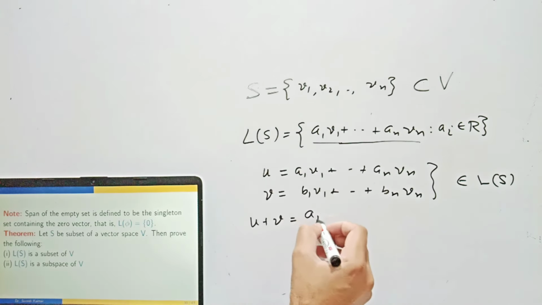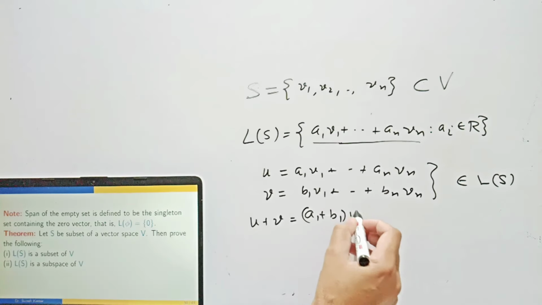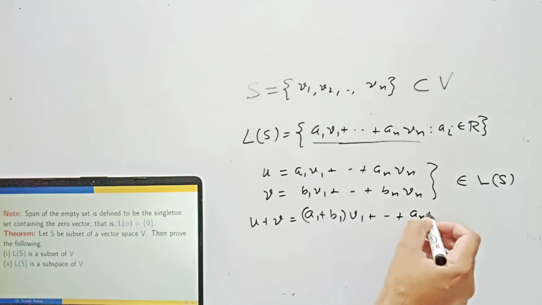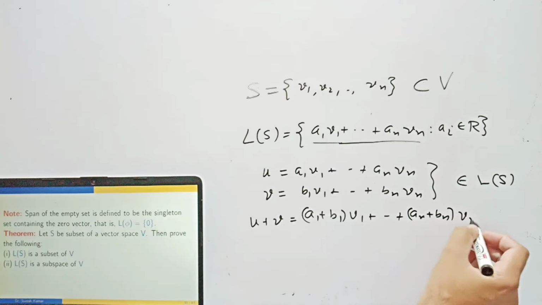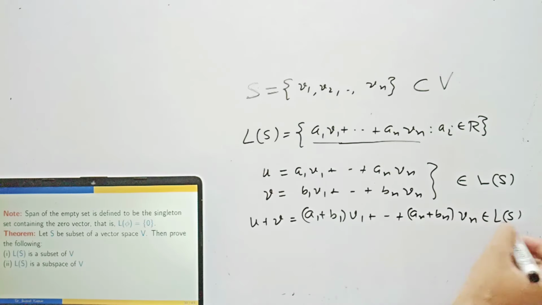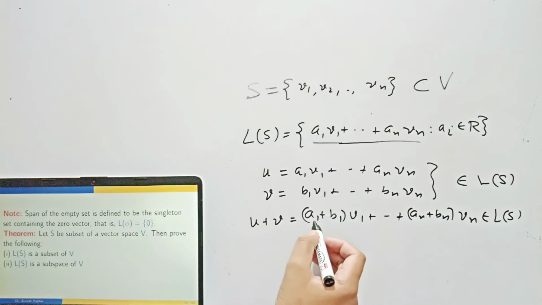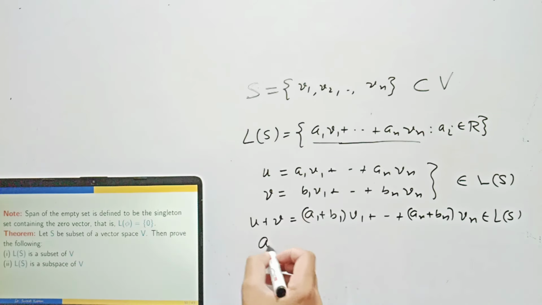What is u plus v? (a1 plus b1) times v1 plus and so on, plus (an plus bn) times vn. It belongs to L(S) because it is again a linear combination of the members of S. Real plus real is a real again. So it is a linear combination of the members of S, v1 to vn, so it belongs to L(S). Likewise, you can check that a dot u belongs to L(S). So both properties of a subspace are satisfied. That's why L(S) is a